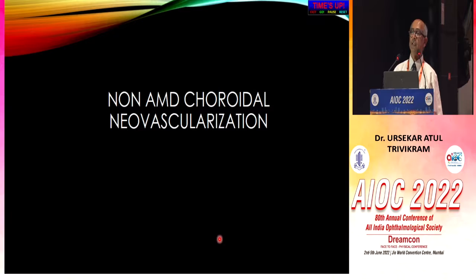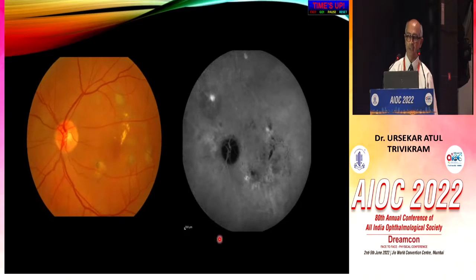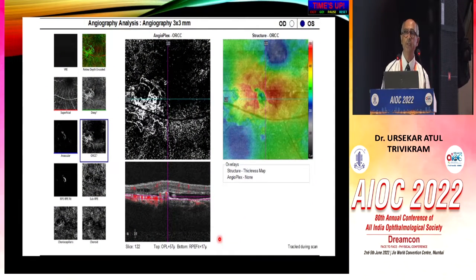Again, OCT angiography absolutely shines in non-AMD choroidal neovascularization. Just two examples. This is a patient with CR, and this is an ICG angiogram. Very difficult because they have a lot of RP disease, RP leakage. You're not able to identify a CNVM. But by doing OCT angiography, it's again very easy to